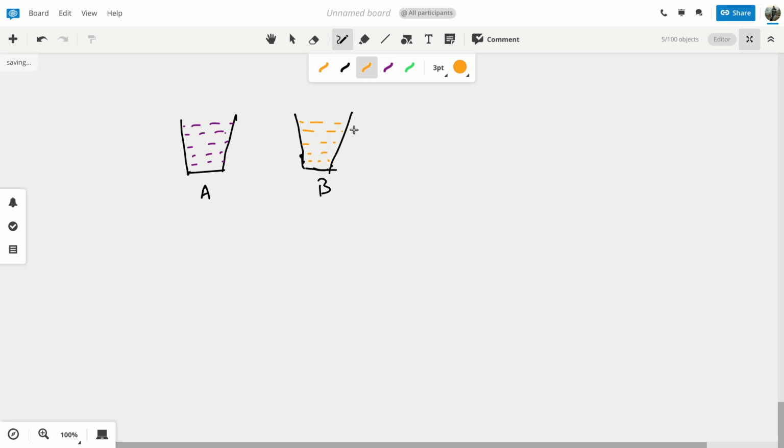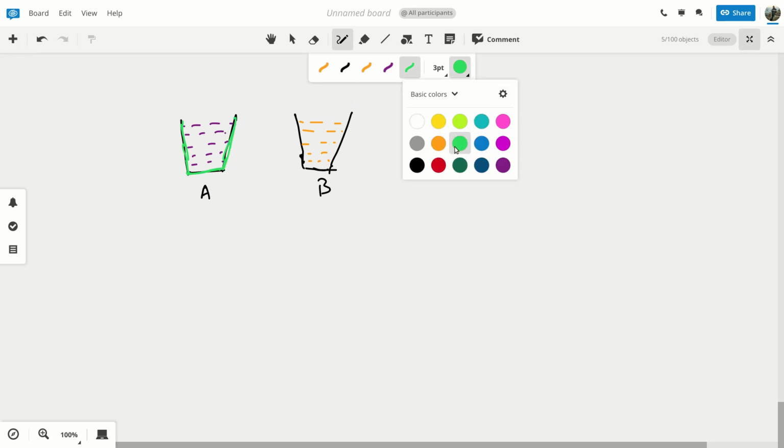Now what is your aim? This glass, glass 1, and let's say this glass 2, that is glass B, they are having different colors and different juices or soft drinks.